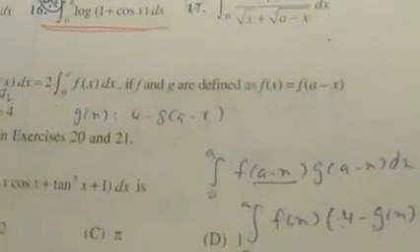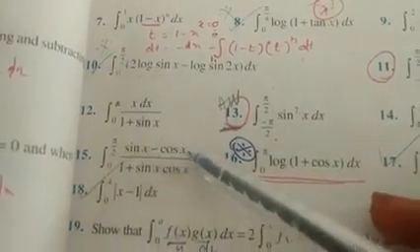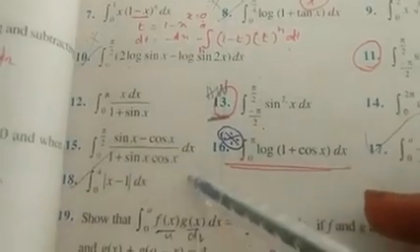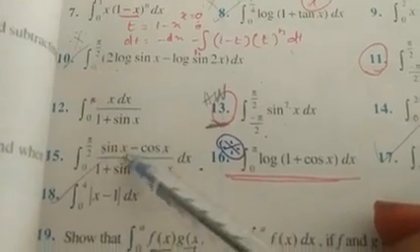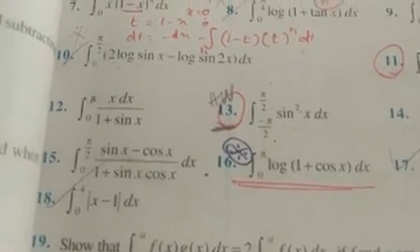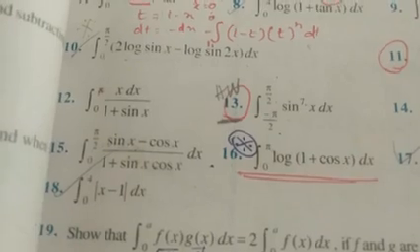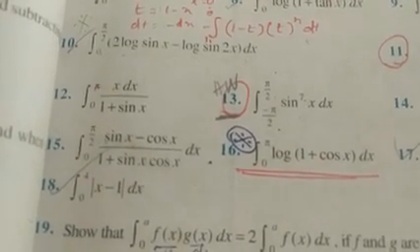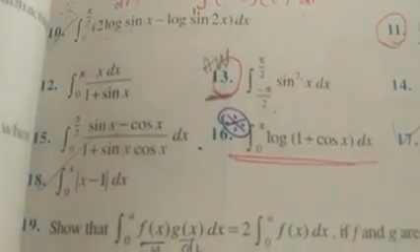The fifteenth sum is homework. Integral from 0 to pi by 2 of sin x minus cos x divided by 1 plus sin x cos x into dx. Here, since the limit is pi by 2, just apply pi by 2 minus x in the place of x. Therefore sin of pi by 2 minus x minus cos of pi by 2 minus x, divided by 1 plus sin of pi by 2 minus x cos of pi by 2 minus x, into dx. When you simplify and add, the integral value becomes 0.